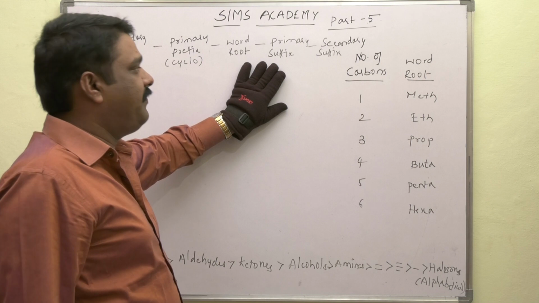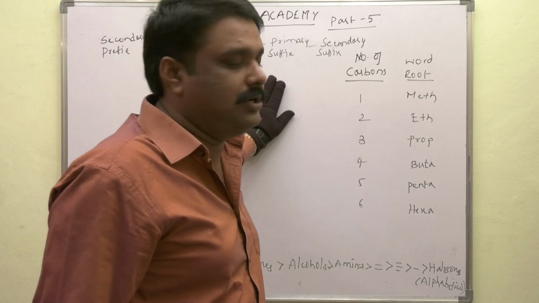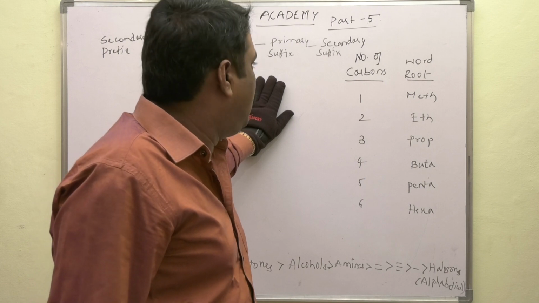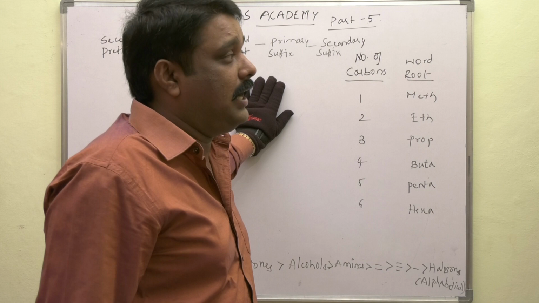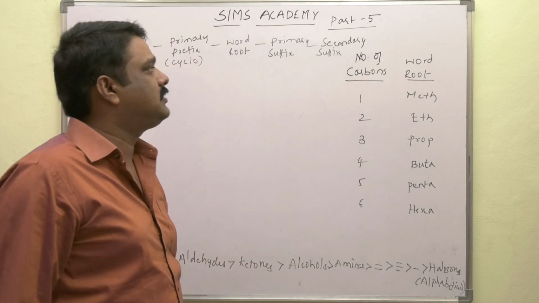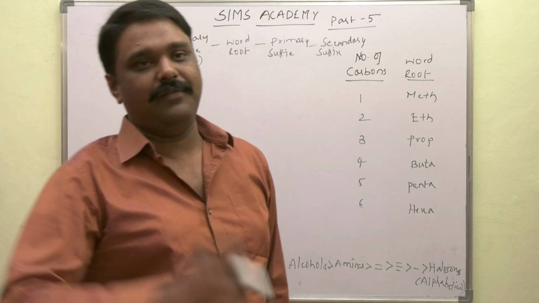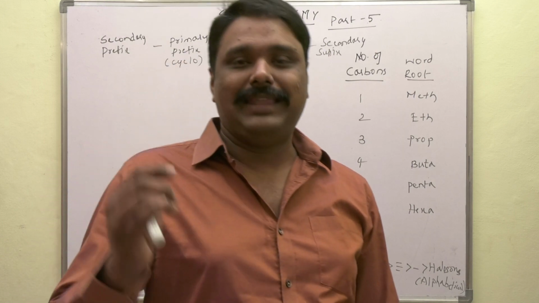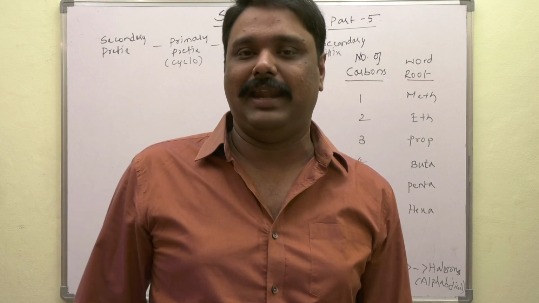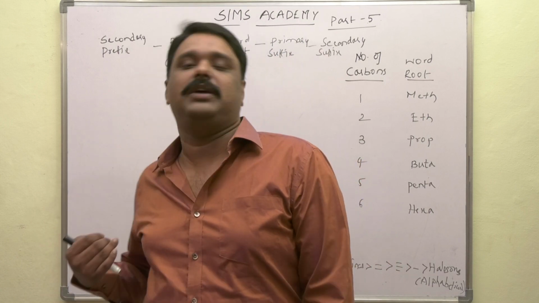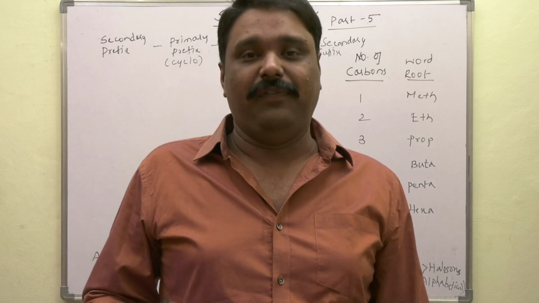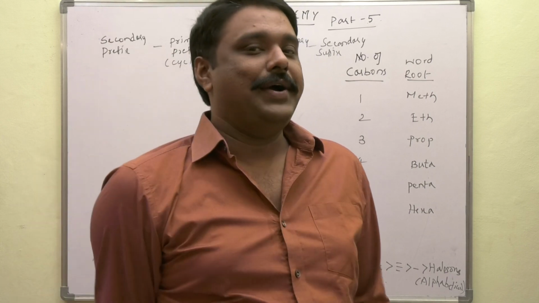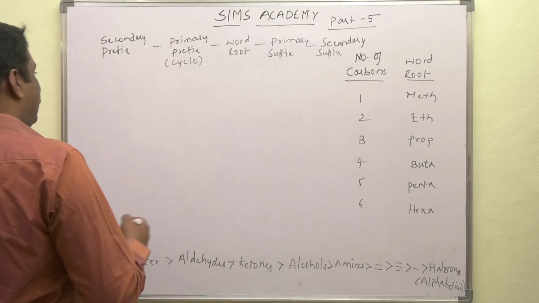Even the primary prefix deals with the saturation or unsaturation of an organic compound. If it is saturated, they come under the alkanes. If they are unsaturated, they may come under alkenes and alkynes. And the secondary suffix deals with the given functional groups. If we have multiple functional groups in an organic compound, then the prioritized functional group will be taken as suffix and the least prioritized functional groups are considered as prefixes. Prefixes, in the sense, are considered as substituents. Okay, now let us start the cyclic compounds.